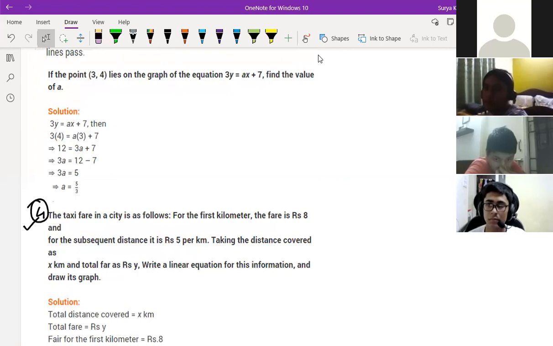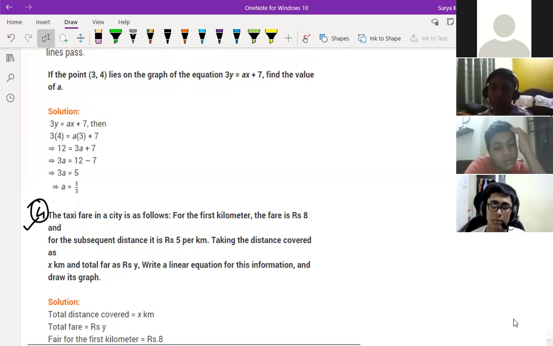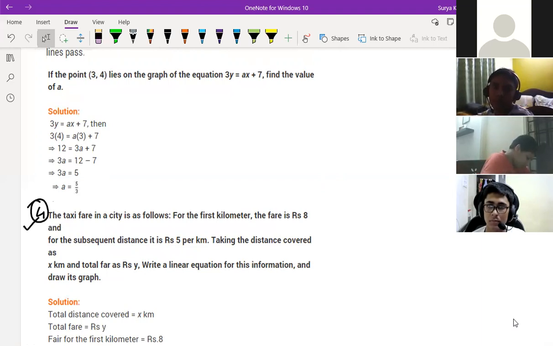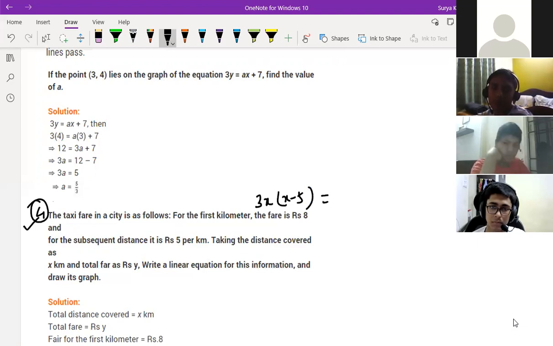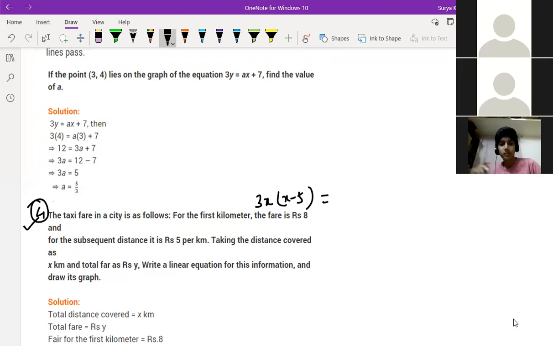Yes, children. Nihar, Sai Ritvik, Sai Charan, Ashini. Anyone, children, how to write the equation for this? I'm just testing whether you are really revising it or not. Just tell me, children. Think and tell me fast. So 3x into x minus 5. What? Come once again. 3x into x minus 5. That's it. No, equal to something. Equal to what do we get? 3x minus x will not come. So 3y into x minus 5.